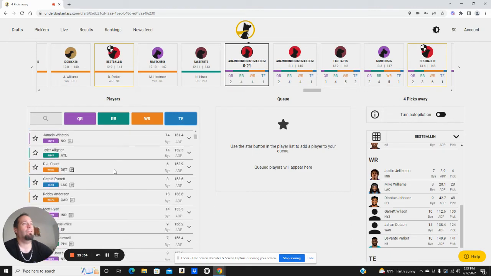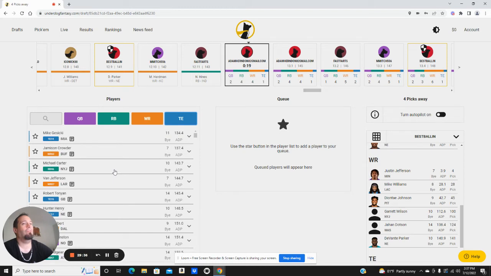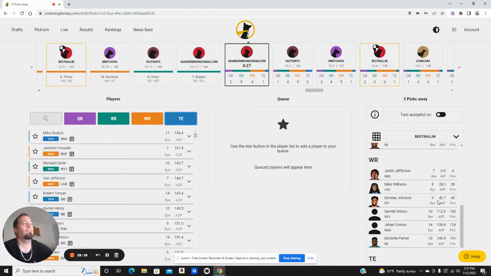Could try to play the ADP game with one of these guys. I've got somebody locked in I would like to pick with my next pick here, but we'll see if that's available to us.